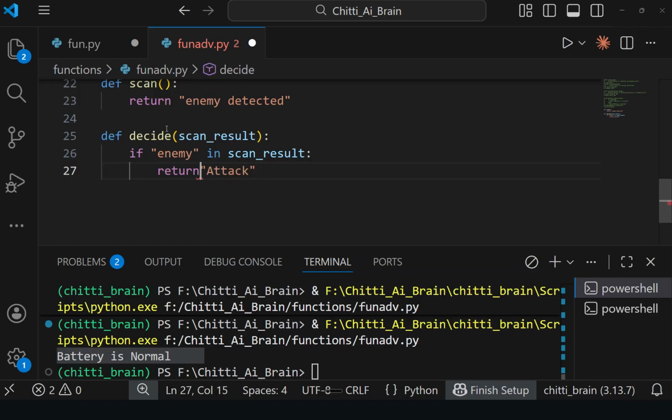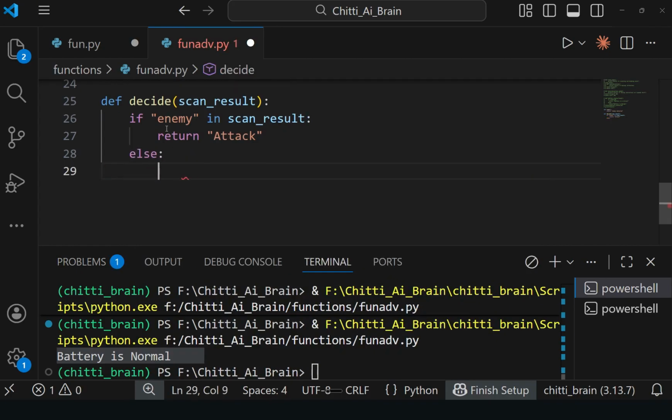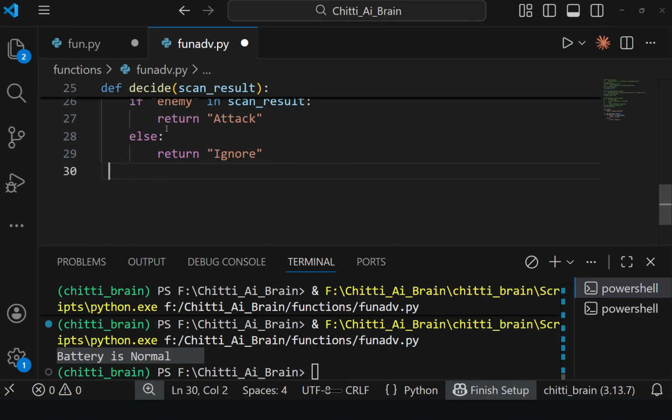For return a semicolon is not required, a space is enough. Else, return ignore. That's it.